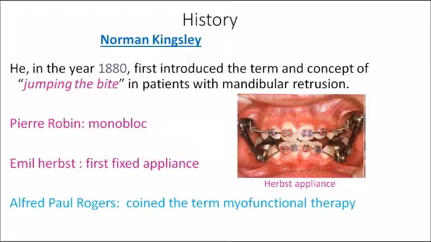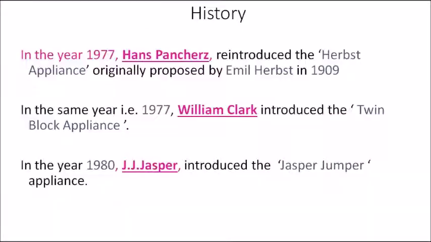So, please note, it was Norman Kingsley who introduced the concept of jumping the bite for persons with mandibular retrusion. Now, Pierre Robin devised the monoblock appliance for persons with Pierre Robin syndrome, where mandibular retrusion is a very common feature. And the first fixed functional appliance was developed by Emil Herbst, and the term myofunctional therapy was coined by Alfred Paul Rogers. Now we have seen that Emil Herbst was the first person who introduced the fixed functional appliance in